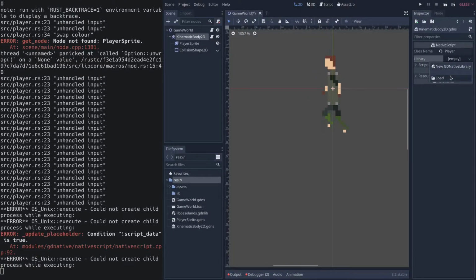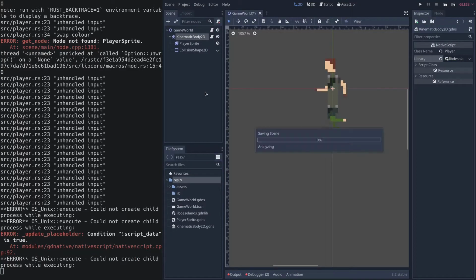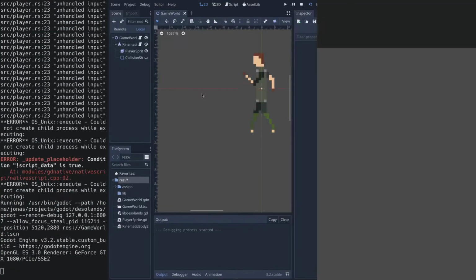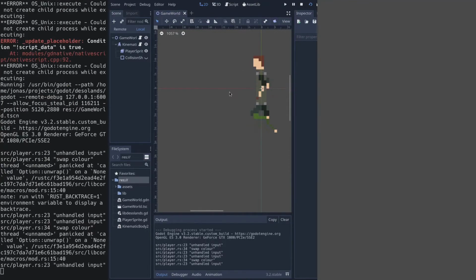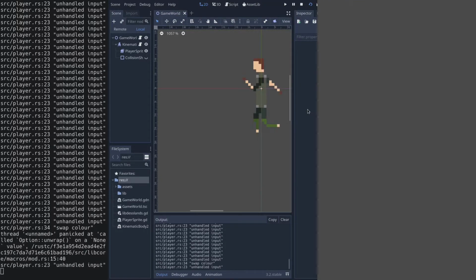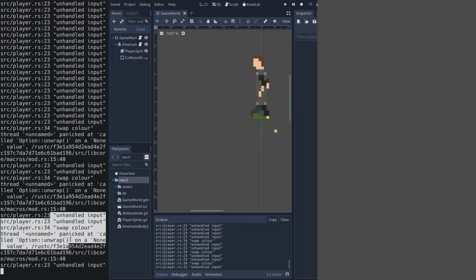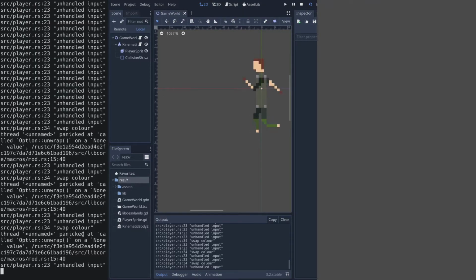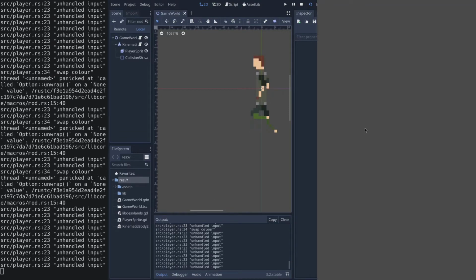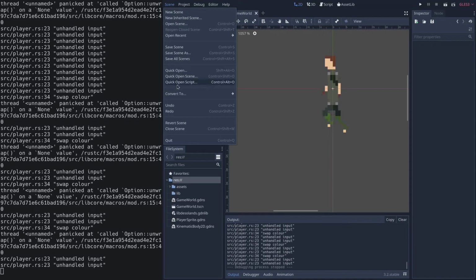Create, load the library. Okay, right, so that was a little bit stupid, but let's see if this works. Okay, there we go, and there's no more input errors. We can see the Rust errors here, that something is panicking, but we can't see anything in here. So if you're running this without the terminal output, then you might not know that something is broken in your code, because it would just keep running